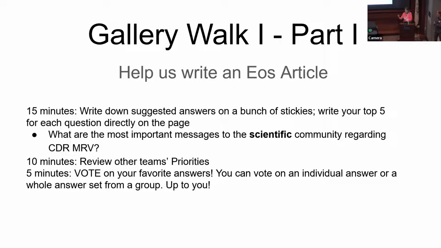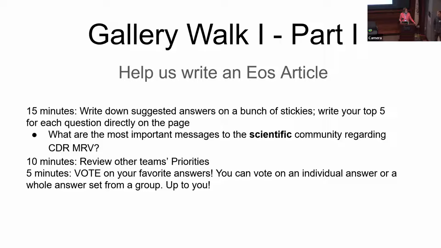And then in round 2, we're going to be pivoting a little bit to direct a message to the funders. Any funder you can think of, philanthropists, private foundations, funding agencies. Do you want to, you can intervene anytime. All right. So you're going to spend 15 minutes writing your ideas down, brainstorm, throwing sticky notes up. And then you're going to spend 10 minutes as a team walking around and looking at what's happening on the other sheets. And we're going to give you prompts with a time. We'll time this so we can tell you when to go where. So you spend a little time thinking outside your little group box. And then in the last 5 minutes, you're going to vote on your favorite answers.